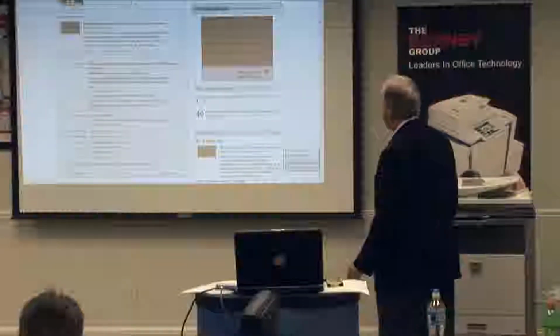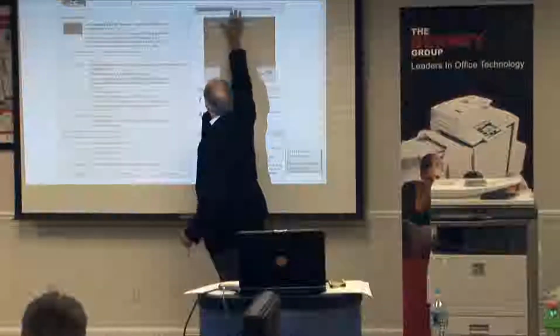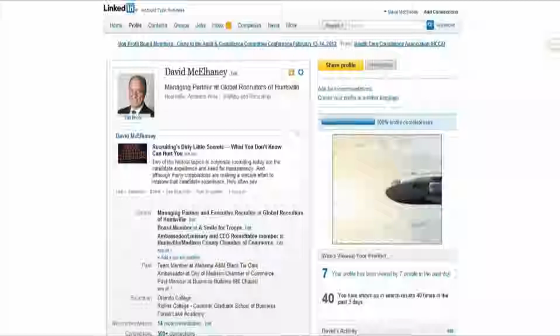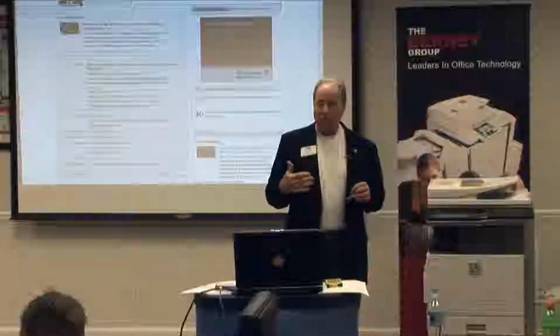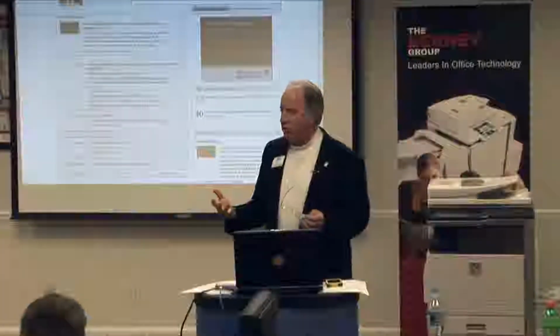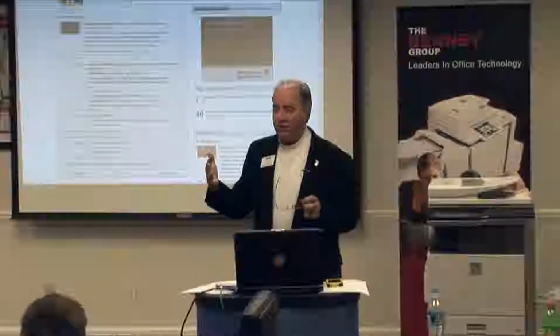Okay. Well, as you know, when you're building your profile, you have this little profile bar here, and this is like any software you've loaded. When you load a new software, it says it's 5%, 6%, 7%, and so on. As you build your profile, this bar will fill and it'll tell you what you need to do. Like maybe you're at 50%, it'll say you need to add this and that and the other. And then when you get out to about 85%, it will tell you you need to make some connections. Okay, those are, ask for some recommendations, and we'll talk about that, but that's the only way you can get